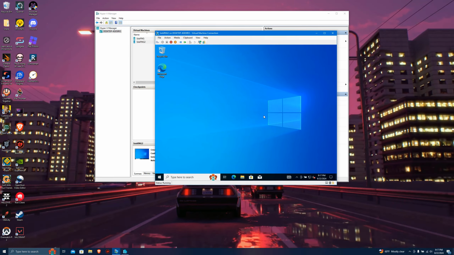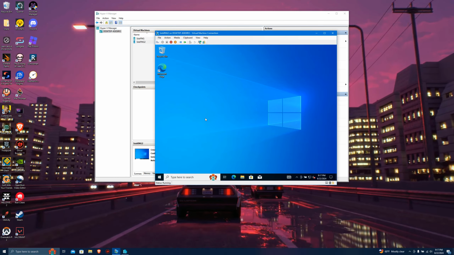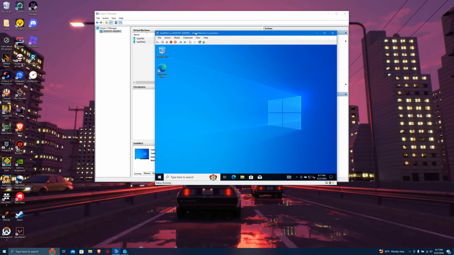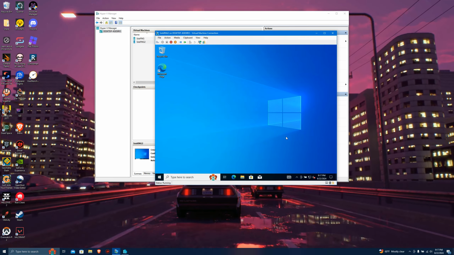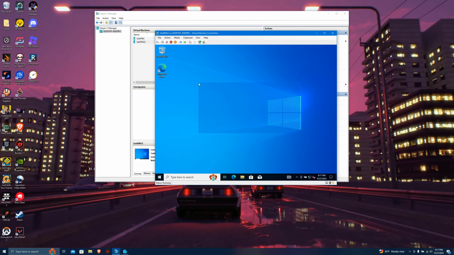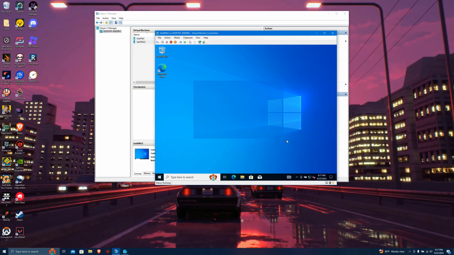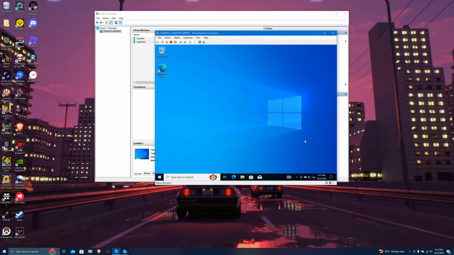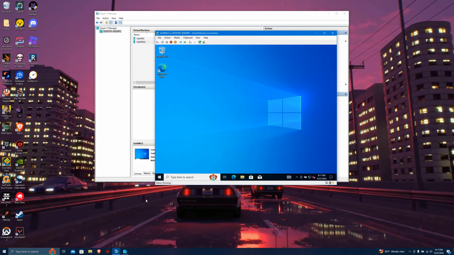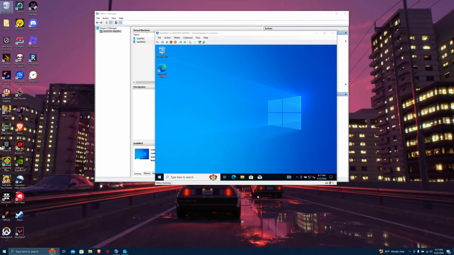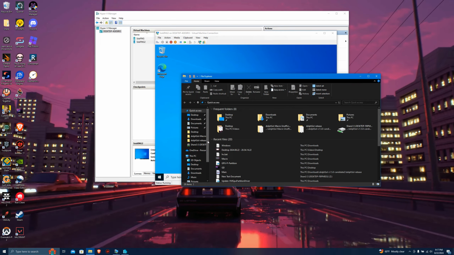You might think we're done, but there is still more we need to do. In this current version of this virtual machine, we do not have our graphics card installed on it, meaning that if you try to play Roblox, it won't like it, and it probably won't work. And even if you did get it to work, it wouldn't run well at all, maybe not even well enough to run the macro. So what we're going to do is go to our main computer and open up File